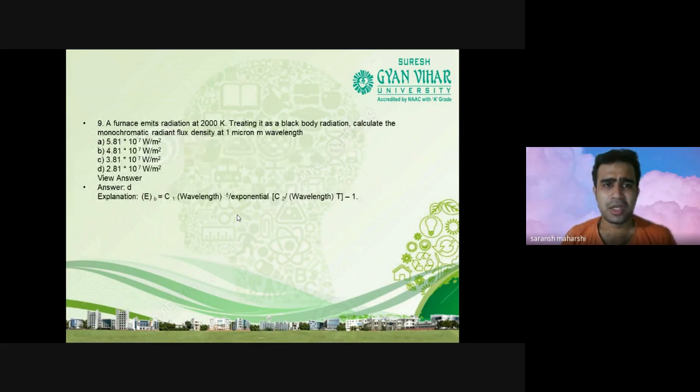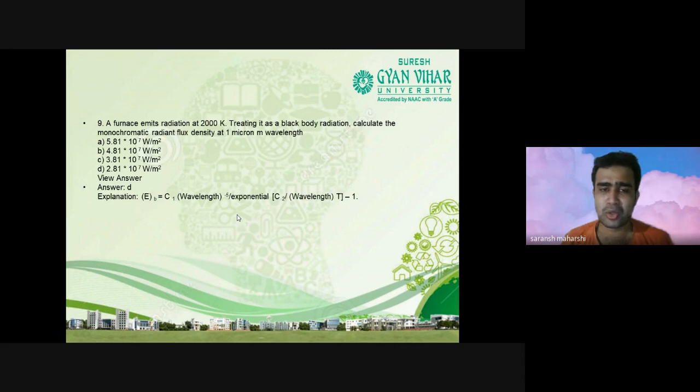A furnace radiates at 2000 Kelvin, treating it as a black body. Calculate the monochromatic radiant flux density at 1 micrometer wavelength. Option A, 5.81 × 10⁷ watt per meter square. Option B, 4.81 × 10⁷ watt per meter square. Option C, 3.81 × 10⁷ watt per meter square. Option D, 2.81 × 10⁷ watt per meter square. So the correct answer is option D, 2.81 × 10⁷ watt per meter square, because E_b